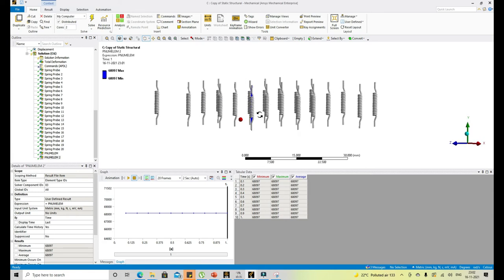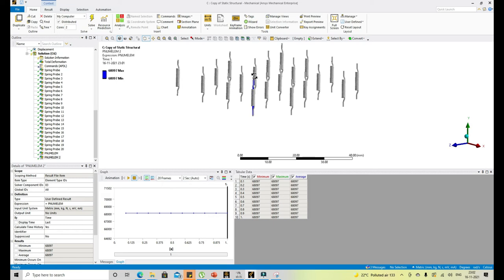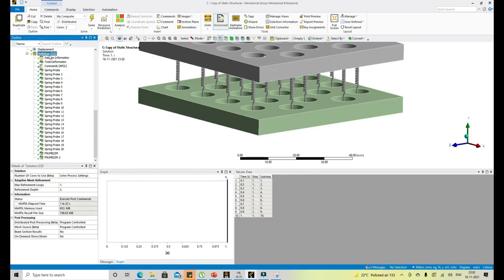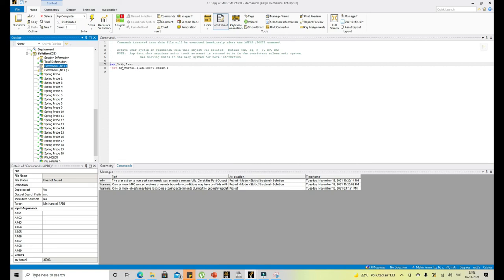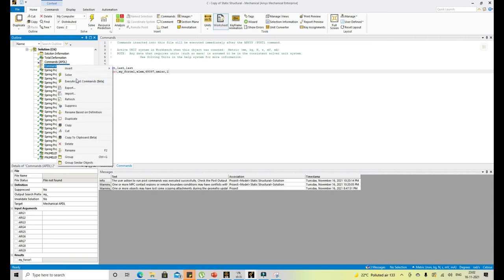For example, say you want to use a command snippet to extract the force for this specific element. So what we can do is go back to this, right click here, and insert command. I had already written a very small command, only 2 lines, because if we look at the help manual for the COMBIN14 element, SMISC,1 will give you the force. So I simply copy this one, paste it, and execute the post command.